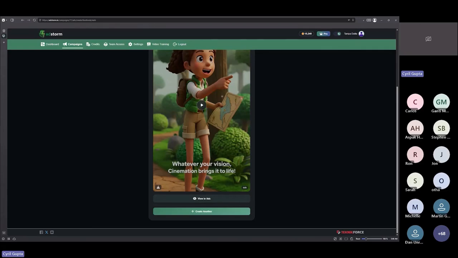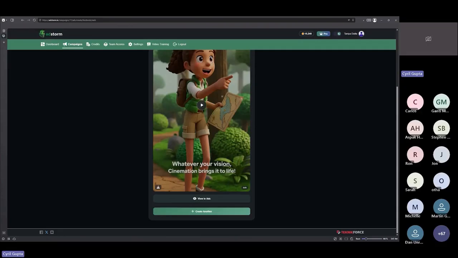Geoffrey says, can proposal ads be watermarked? Geoffrey, you can watermark them pretty easily. That's the super easy thing. You can go to the modify image facility in Adstorm and just say add a watermark, and it will do that. How many ads can we do each day with 297? That's 100 ads per day, Kathy. And if you want to remove the limits, you can just get the $19 upgrade.